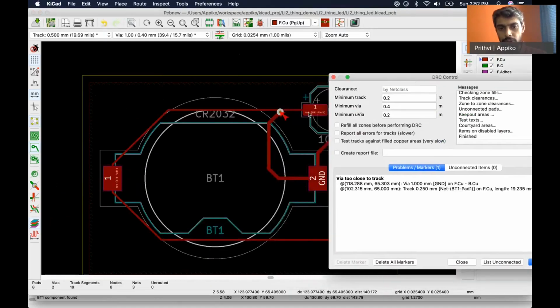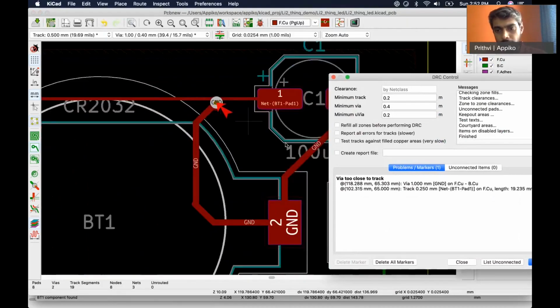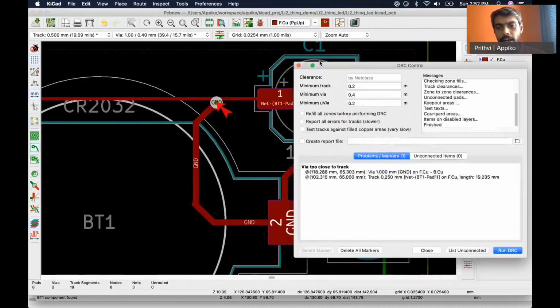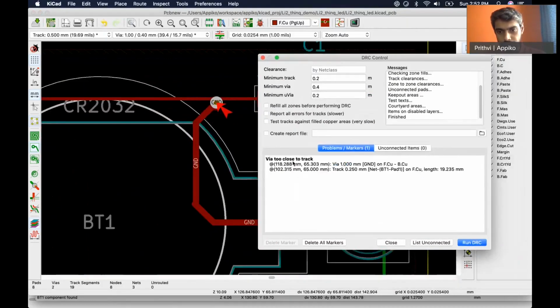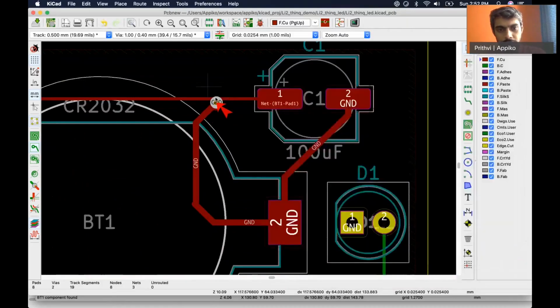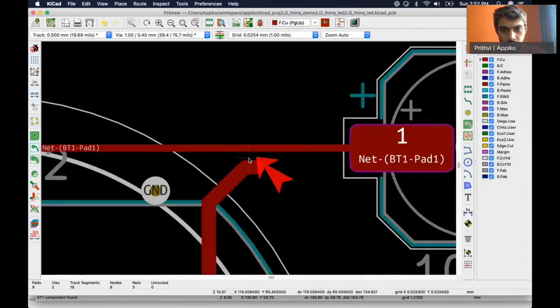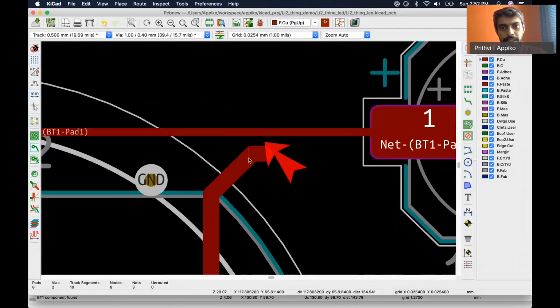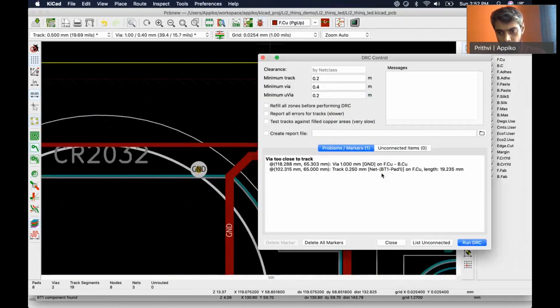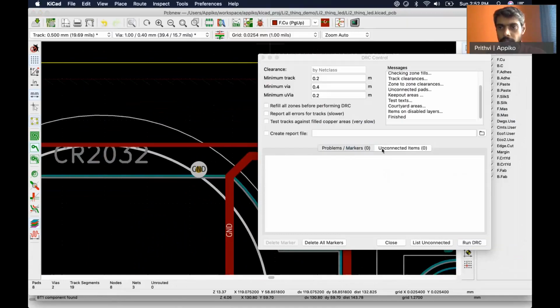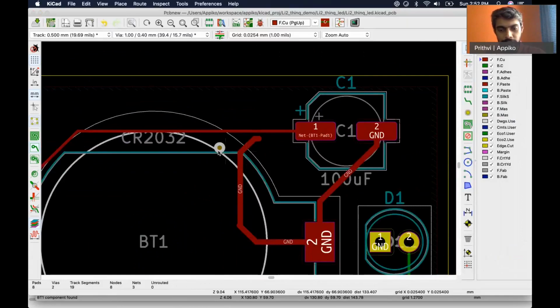Here it has shown that at this particular point, via is too close to track. So even if we remove this via, we'll see if we run the DRC if it is okay. Now it's fine. But again, this particular track isn't needed, so we'll just delete it.